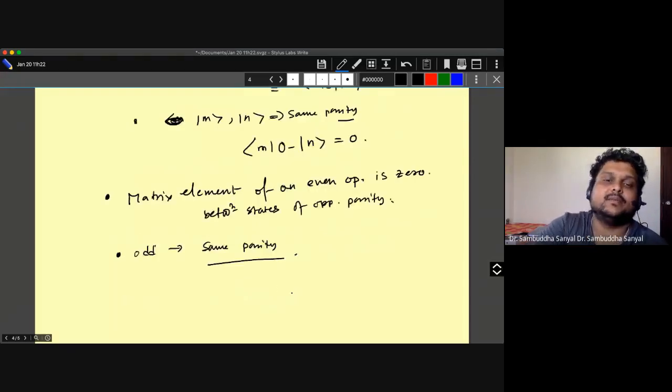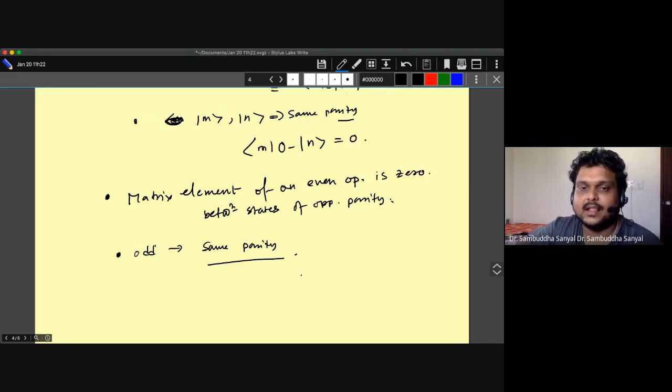So that means if I want to calculate a transition between these 2 states, which we will calculate a lot in perturbation theory and other contexts, or in spectroscopy, this is a common type of transition. That transition will have probability 0, which means experimentally we'll see, if you are measuring an even operator, that the transition will happen only between states of same parity, and similarly for an odd operator it will be only between states of opposite parity.